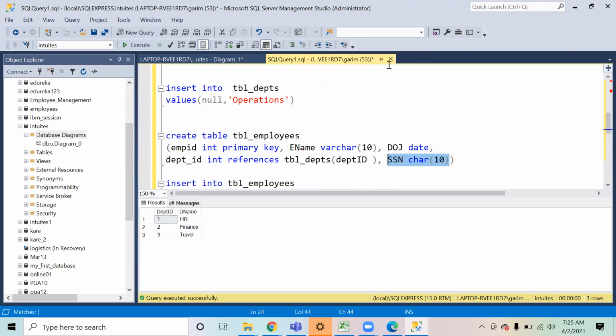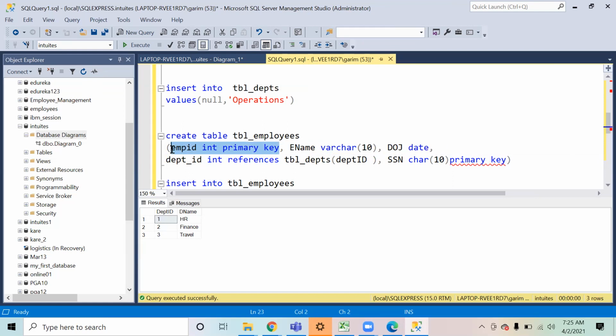No, right? Can I define this column as a primary key? No, right? Why? Because I have already defined employee ID as a primary key, and a table cannot have more than one primary key.